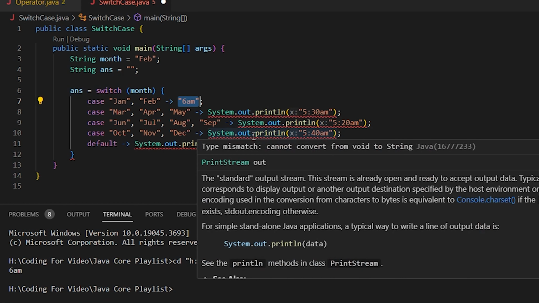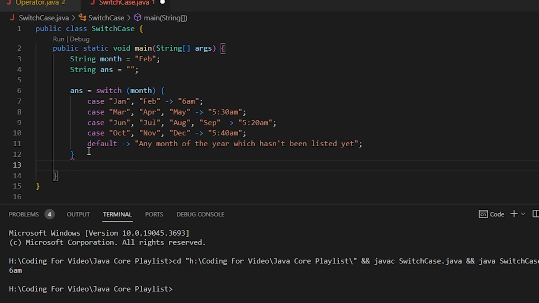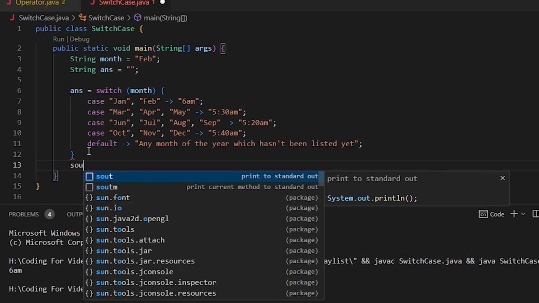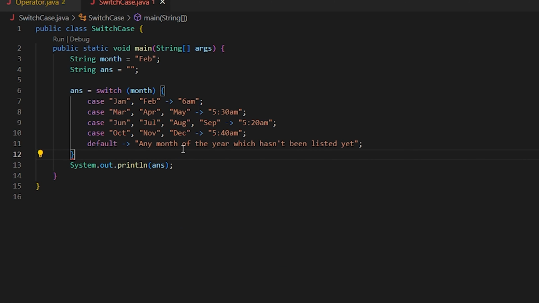Yeah, it is kind of like returning the value. If the case got matched, then it is returning the value which has been written inside of it using the arrow. So now if I print out the answer variable,